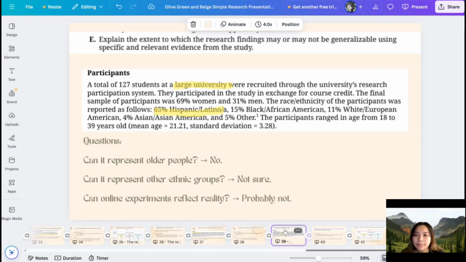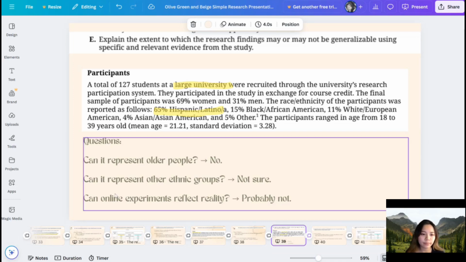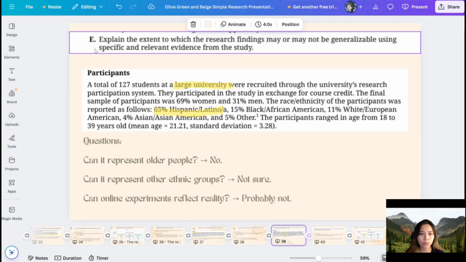generalizable using specific and relevant evidence from the study. Remember what I said when I read the part about participants? Be careful and look at the numbers. Yay! Okay, so does anybody remember what I said